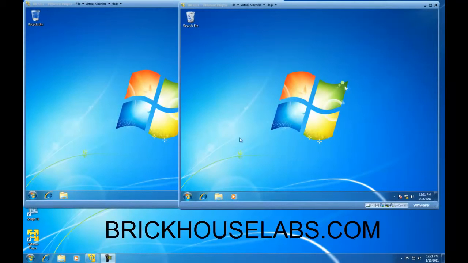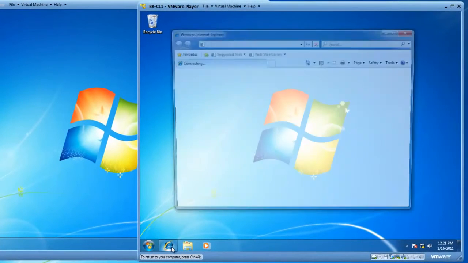So I've got two virtual machines here running Windows 7 in VMware Player. The web server is installed on BK-CL1. So let's test from BK-CL1 first. If I launch Internet Explorer